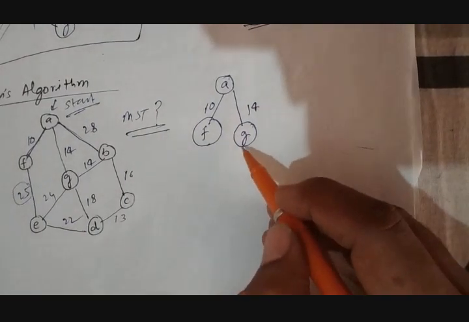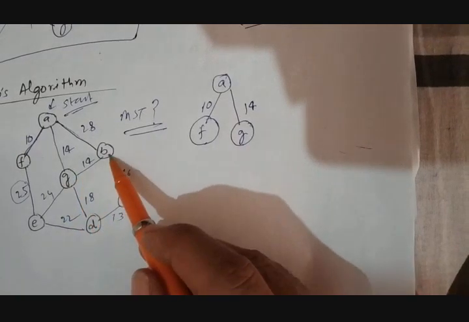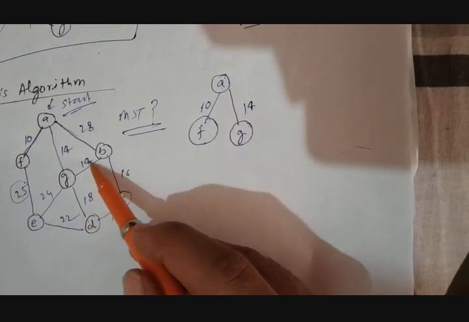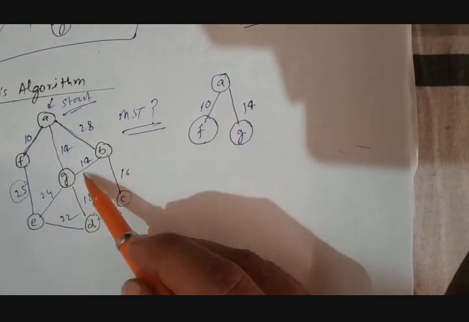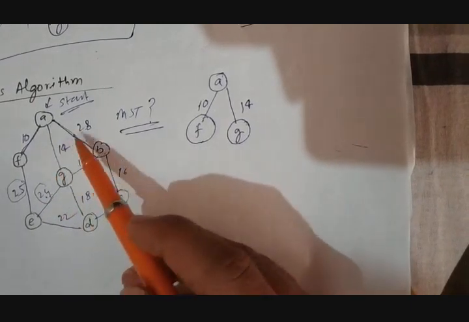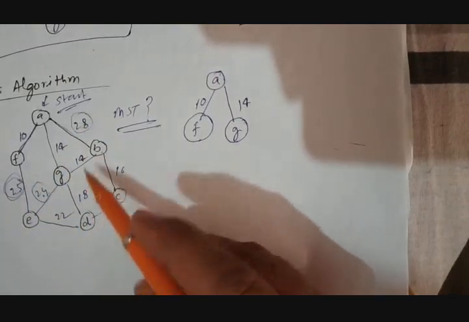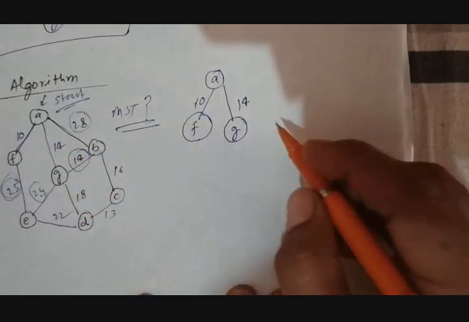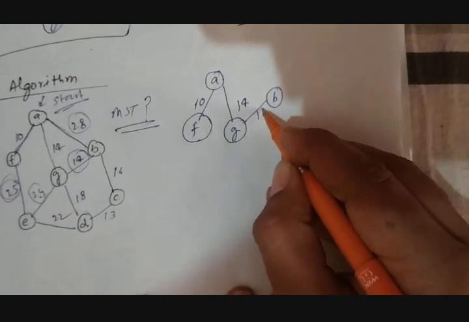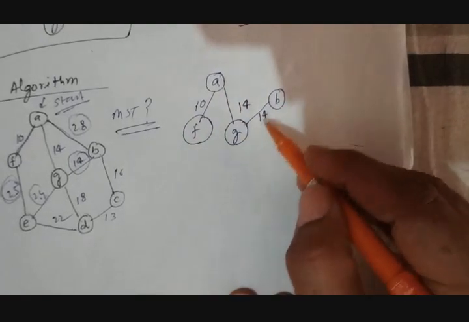Now just see here, at this location we have an option. Either we can move this way, or this way, or this way. So we have 14, 24, 18. So three values, 14, 24, 18, and the remaining values are 28 and 25. Out of these, which one is the minimum? This one is the minimum. So we will consider this edge, and this is also not forming a cycle over here. So this will be considered.